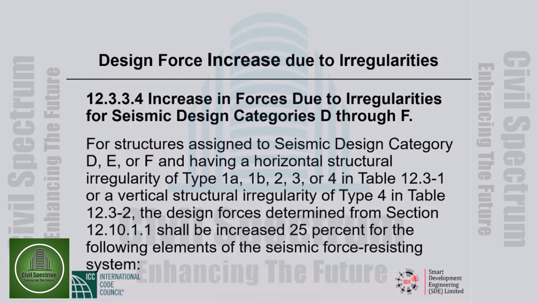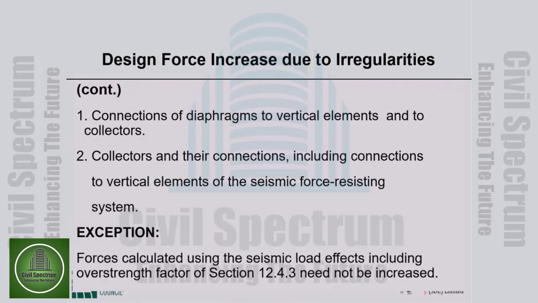Increase in forces due to irregularities. For structures assigned to design categories D, E, and F, this is AC7, having horizontal type 1A, 1B, 2, 3, or 4, or vertical type 4, the design forces determined from section such and such shall be increased 25% for the following elements of the seismic force resisting system. Connections of diaphragms to vertical elements and to collectors